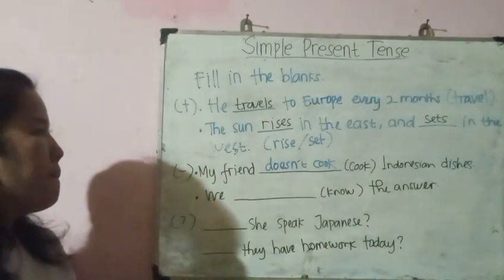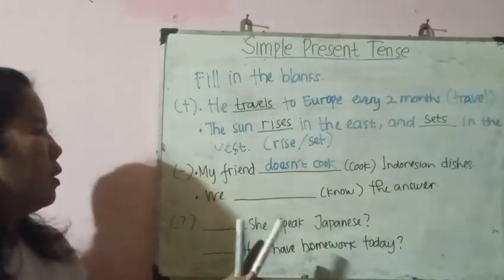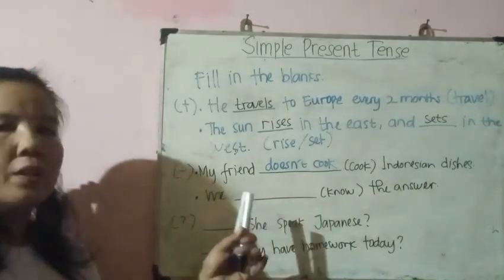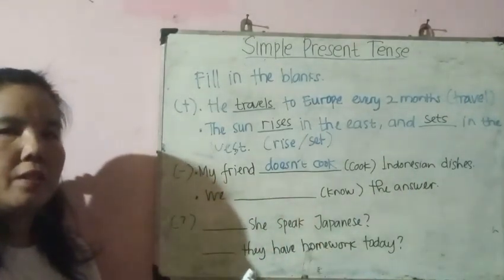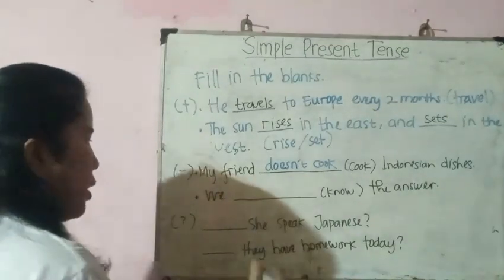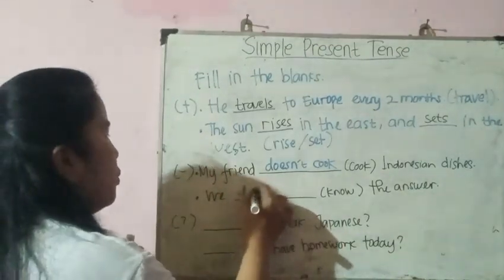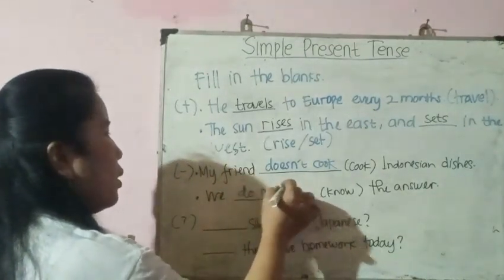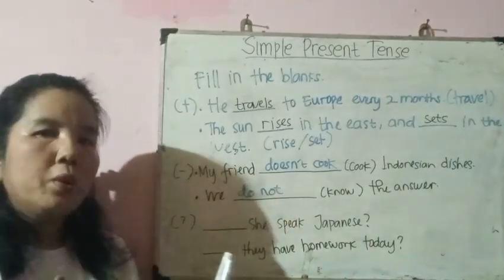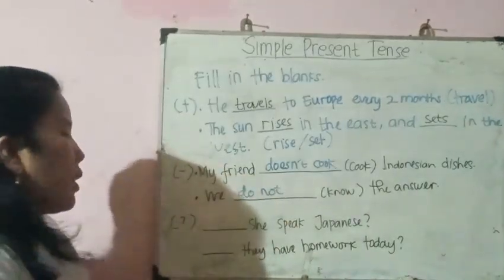Next, we know the answer. So what do we put here? Do not or does not? The correct answer is do not or don't. We don't know the answer. Next,